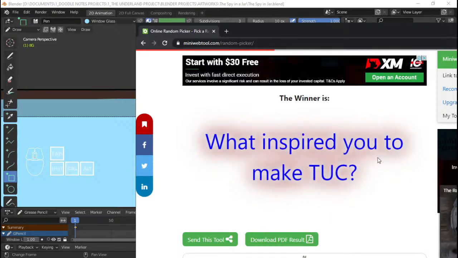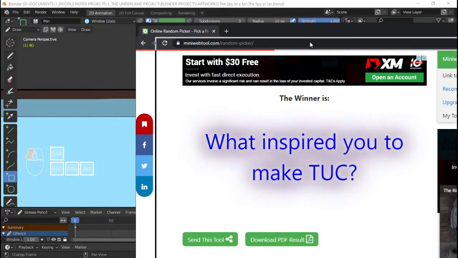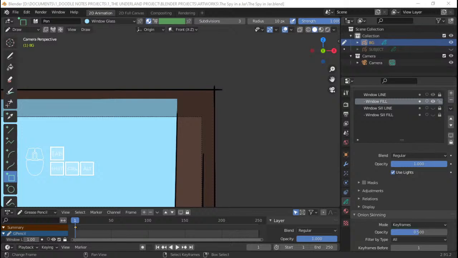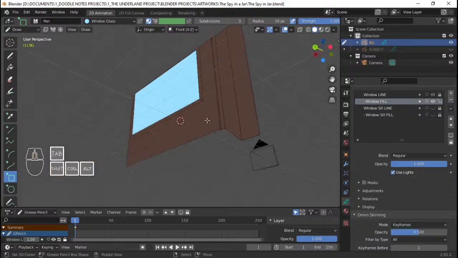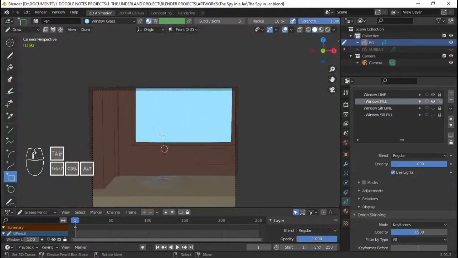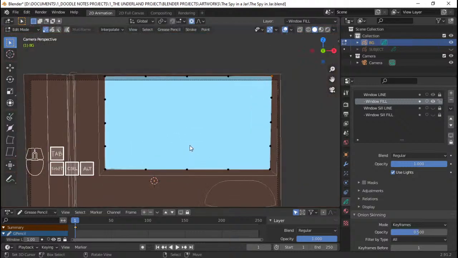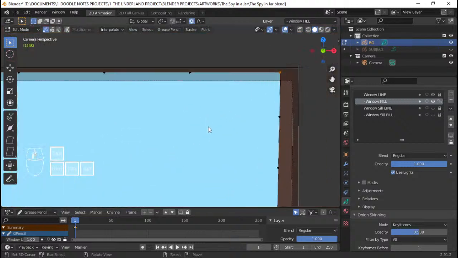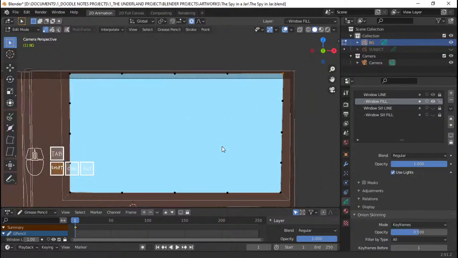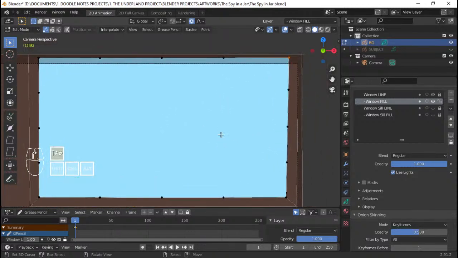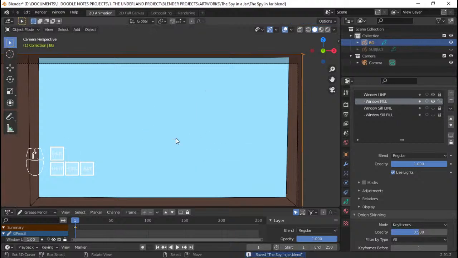So let's see what the question is. What inspired you to make TUC? Mikl probably means TUP, because TUC is not mine. TUC is a property with Suzanne Collins and the other publishers, stuff like that. So TUC is not mine. It's a work by someone else. And TUP is probably something I can call mine. I'm not sure, but yeah, it's a project that I started to bring to life some events of the book Gregor the Overlander by Suzanne Collins. And yeah, it's a fan project.